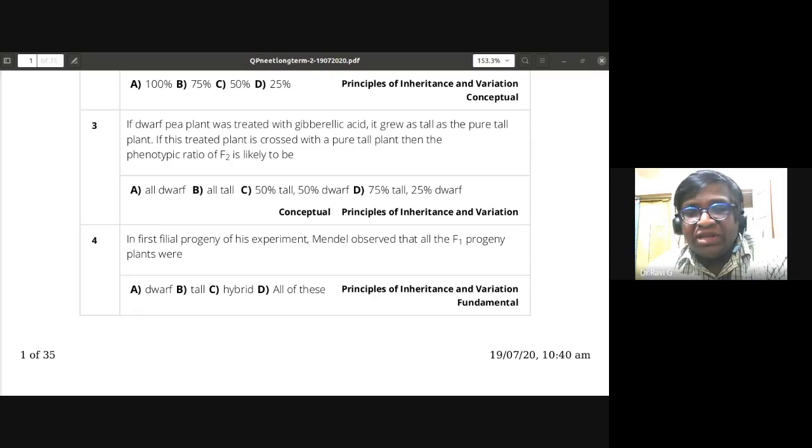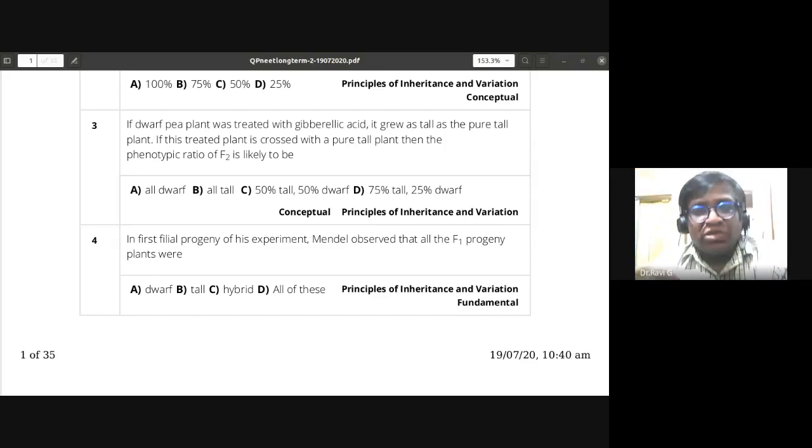So here in the question itself, there is an ambiguity. They should not have given this option of hybrid, because in the F1 generation, when you have two homozygous parents of contrasting alleles, you get the dominant hybrid. The tall would not be pure tall, it would be hybrid tall. Anyway, two options are possible, tall and hybrid. Since they have given the answer as tall, you can write it. But what type of tall is it? It is heterozygous tall or hybrid tall. Fine, we'll retain the same answer because the ambiguity is there.